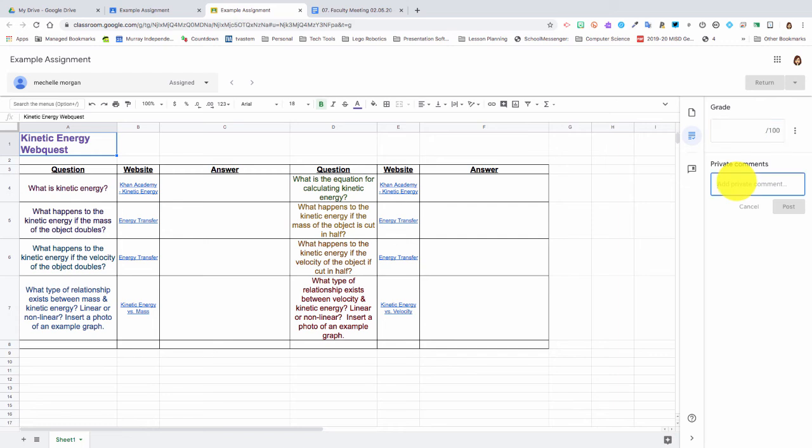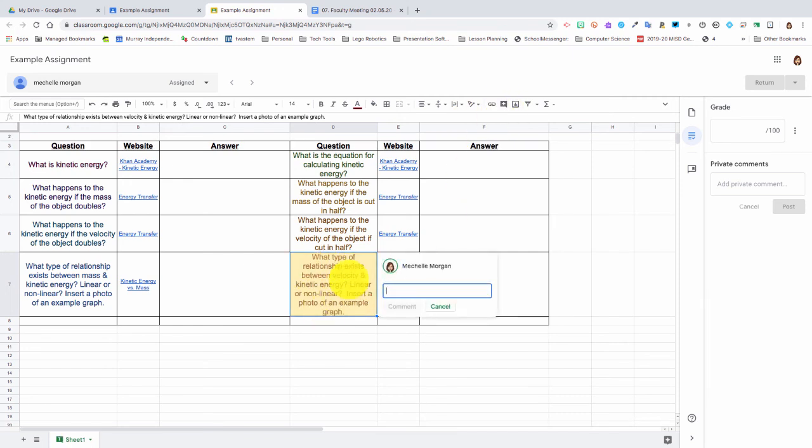And I do this a lot of times if I'm grading an assignment, especially if they lose points for something. I might clarify why points were taken off, or I might give them a compliment about something that they did really well on an assignment. You can also comment within the document about specific things. And so this little icon up here is where you would insert a comment. Now, when you do that in the document, right now, I have this box selected. If I actually want to make a comment, say, about this question, then I can click on that box, click Insert Comment. It's going to highlight that box in yellow, and then I can leave the comment,